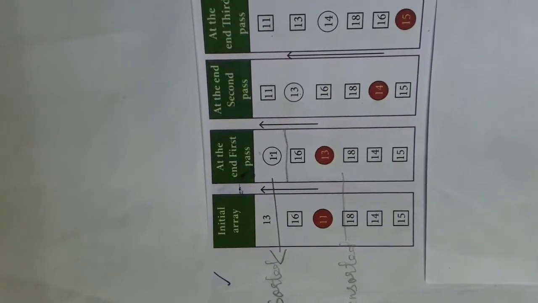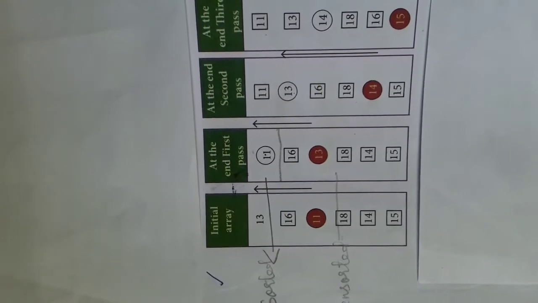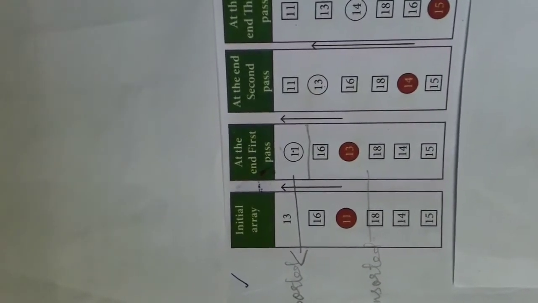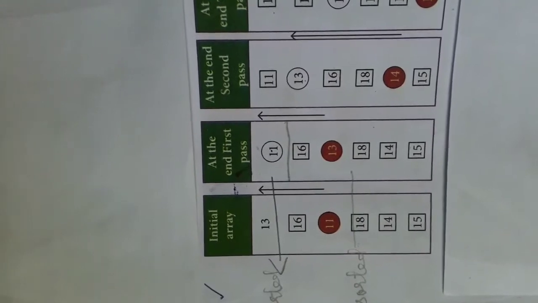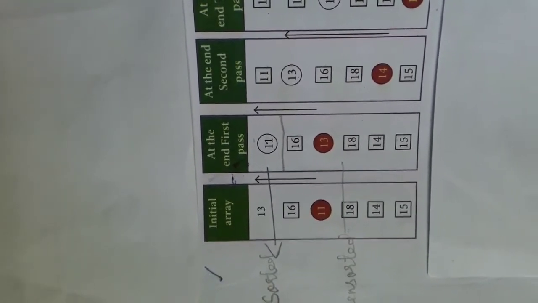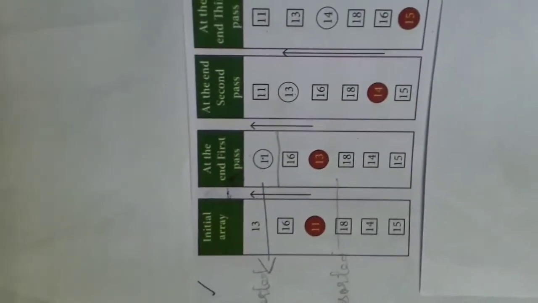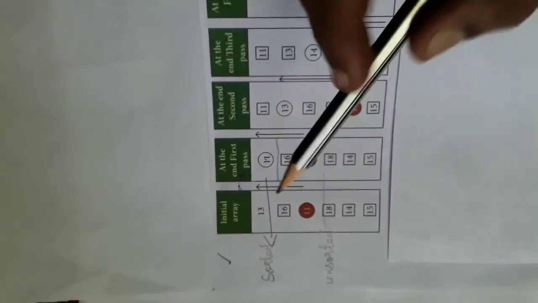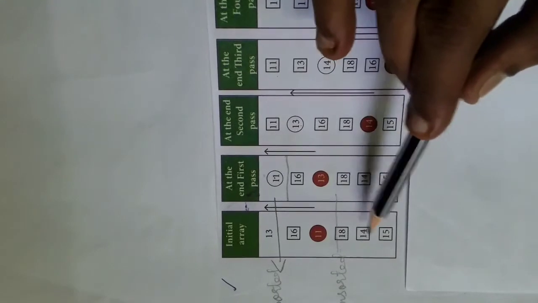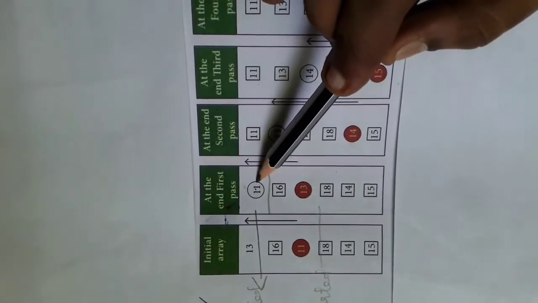Now, the second sorting technique is selection sort. Here the values are given. Among the values, first it will find the smallest element. That element will be brought to the first position. In the same manner, it will keep on sorting the elements. See this, the elements given are 13, 16, 12, 11, 18, 14 and 15. Among these elements, which is the smallest element? 11. 11 will be brought to the first position.